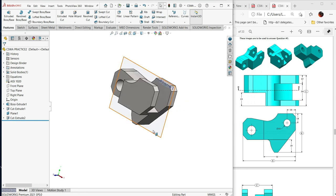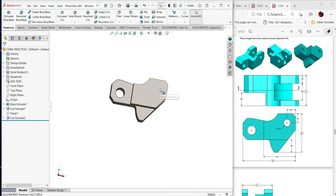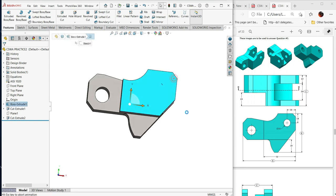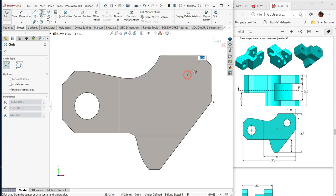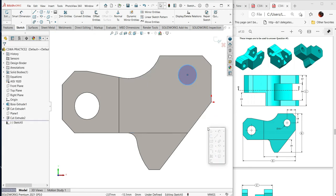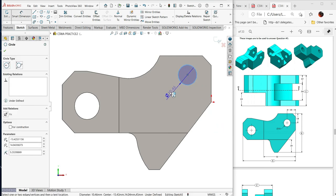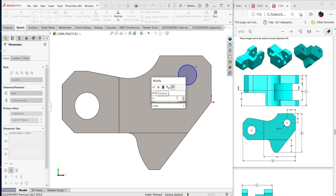We first hide this plane. We don't need it anymore, and for that we'll come to this part, sketch, and we'll make the circle right in this part. Come there, put the circle there, and then smart dimension, and here will be 11. Okay,